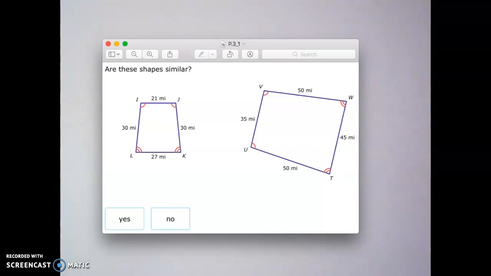So with this example, we are looking at these figures and we're asked, are these shapes similar? And then we have our two figures here that we're looking at. If we look at these sides, we have 21, 30, 27, 30. And then over on this figure, we have 35, 50, 45, and 50. As far as lining up these corresponding sides, the shortest side on this trapezoid is 21, and the shortest side on this trapezoid would be 35. If these are similar, those would need to be corresponding parts. So to find out, are these figures similar,